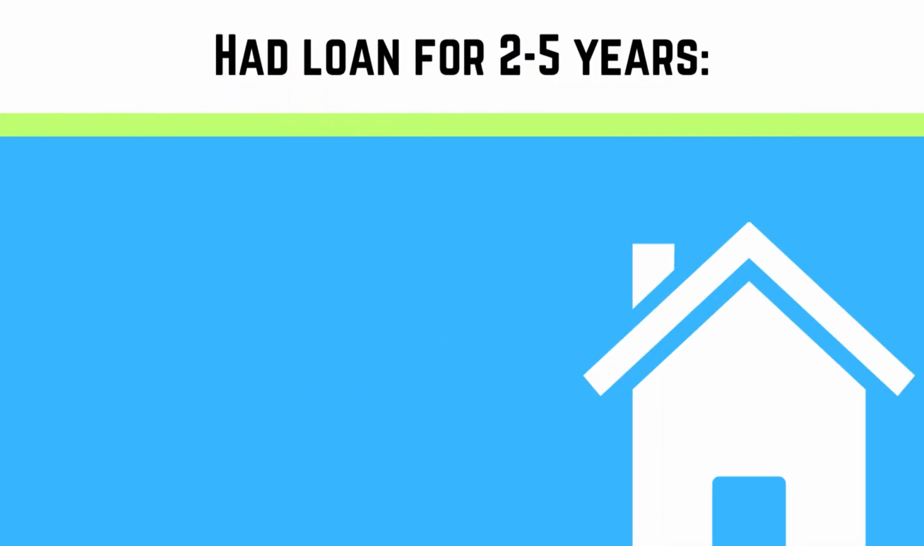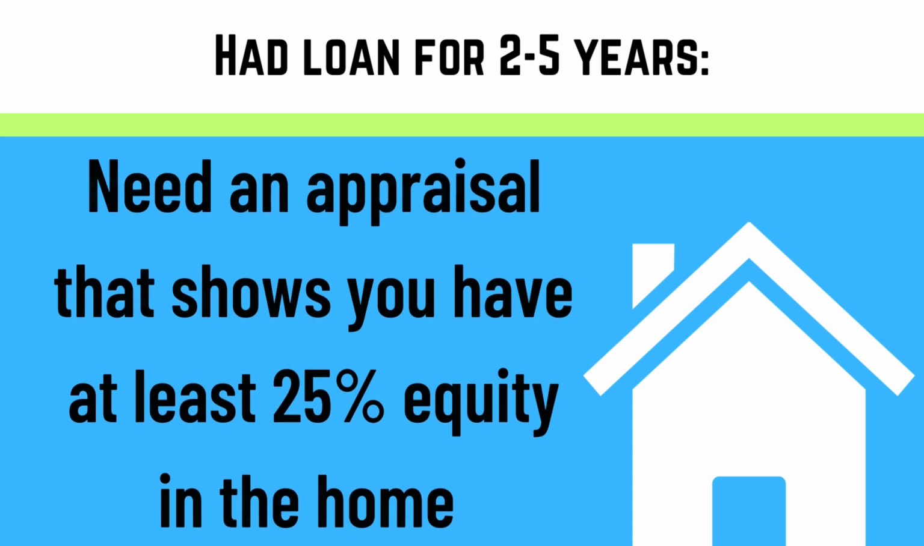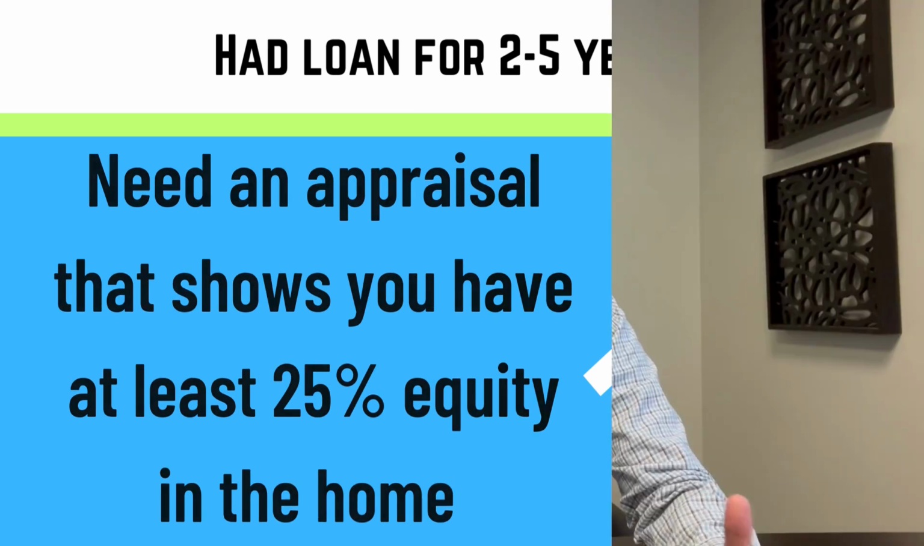Here's a few key points. Remember that you will have had that loan for 2 years. Okay? If you had the loan from anywhere from 2 to 5 years, you're going to have to show an appraisal, and it will be ordered through the lender. That appraisal will show that you have at least 25% equity in the home. If you do, then they will remove the PMI. You'll hear appraisal or what they call a BPO,